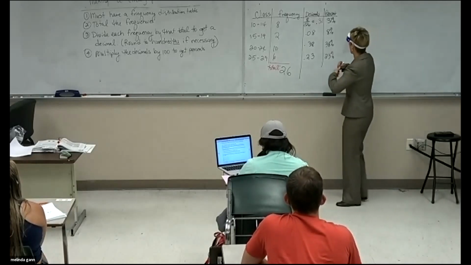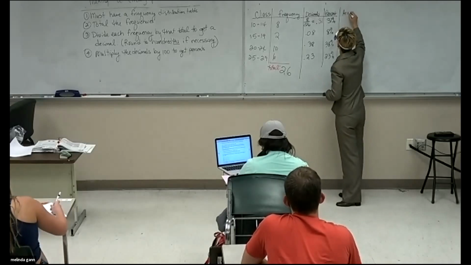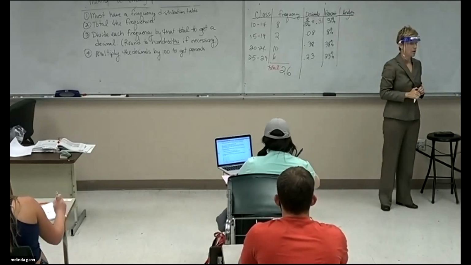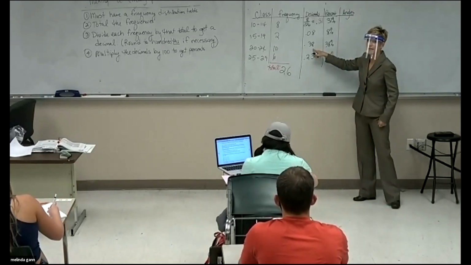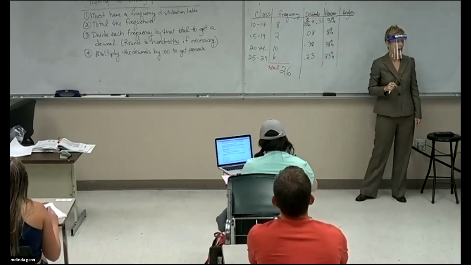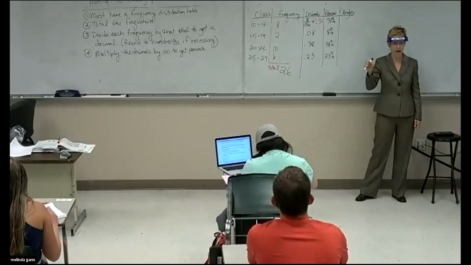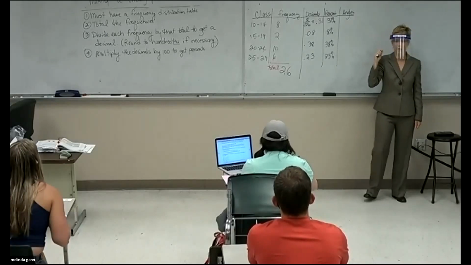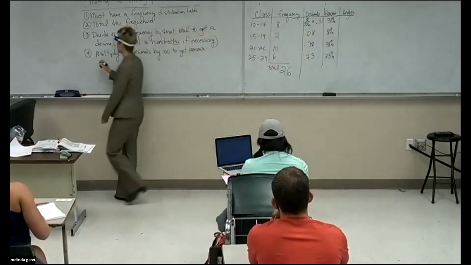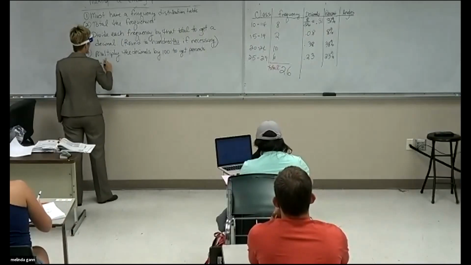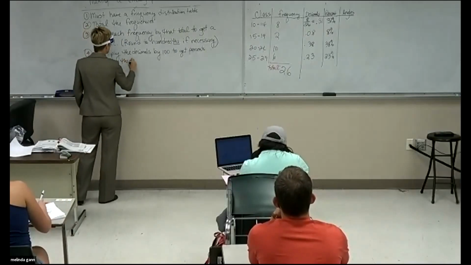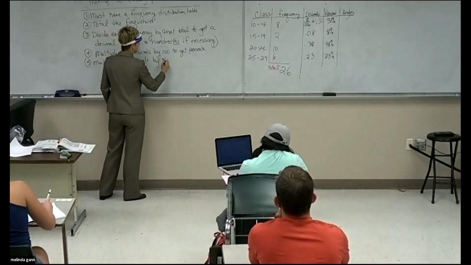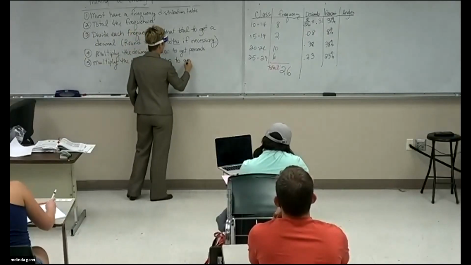Now here's the other thing you've got to have. You've got to have the angle measures. So you're going to do something with these decimals to get angles. What kind of graph are we drawing? Circle graph. All right, do you know how many degrees are in a circle? 360. So your step is going to be this. You're going to back up and multiply those same decimal numbers that you used before. But this time, instead of multiplying by 100, you're going to multiply by 360 to get angle measures.